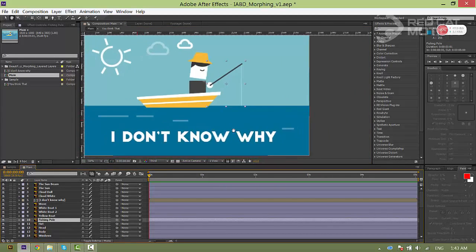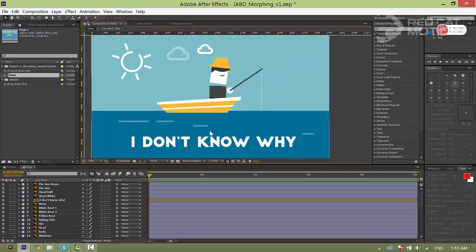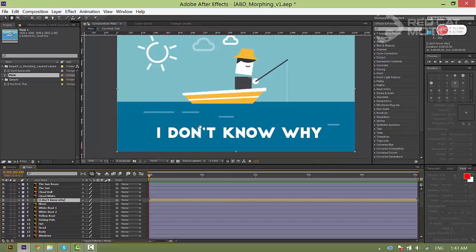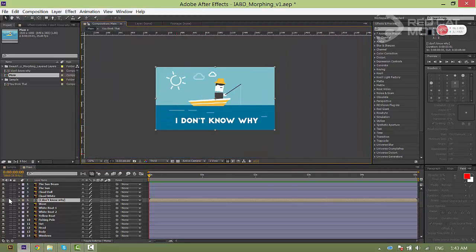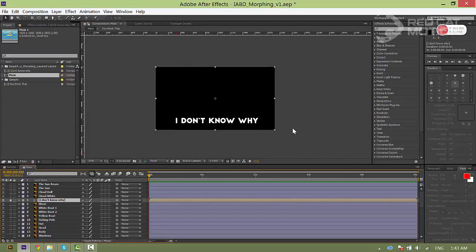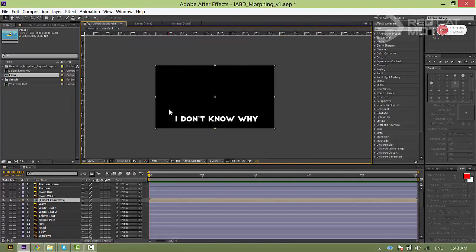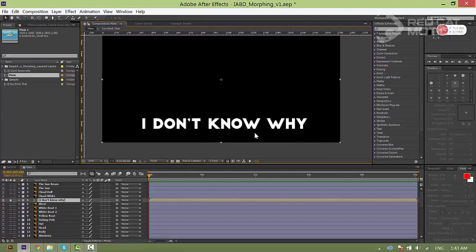In the previous tutorials, I have told you that when you pre-comp, you can see that the composition's borders take up the whole frame and thus make it hard for us to select. To make the border just surround the text, on our switches panel, you click on this icon, Collapse Transformation, that looks like a buzzsaw.